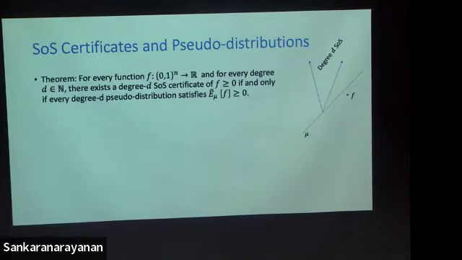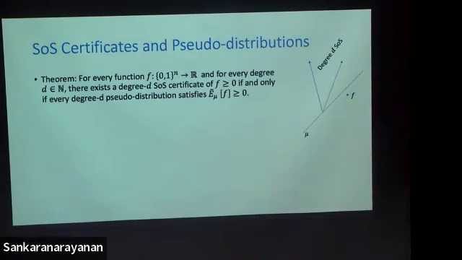Okay, so degree d SOS proofs and pseudo distributions go hand in hand. They are sort of duals of each other. While degree d SOS proofs are used to prove non-negativity, the pseudo distribution gives you the negation of that. If you want to prove that the polynomial is not non-negative, or that it takes some negative value somewhere, then the pseudo distribution operator view is more useful. That is especially useful in theoretical computer science because you are often trying to optimize something, to minimize or maximize something. So there the pseudo distribution view